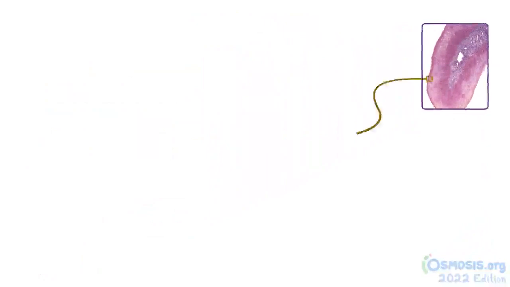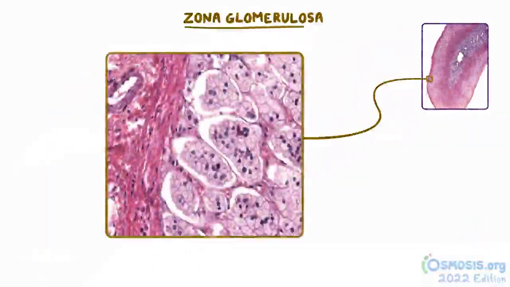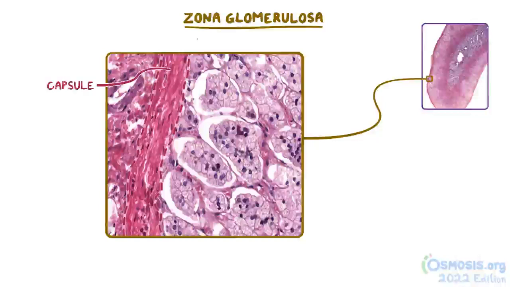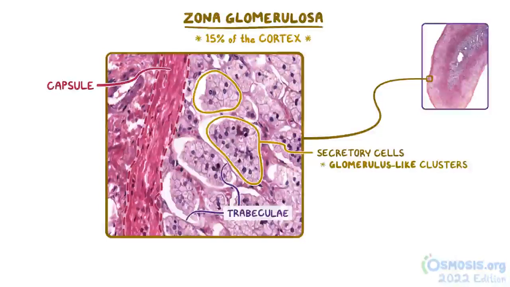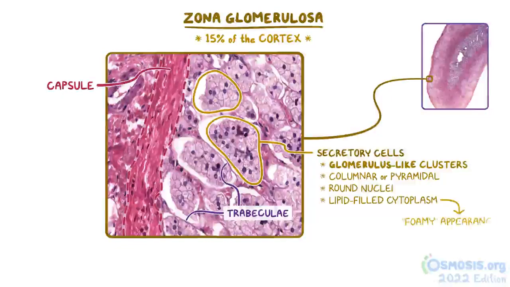Now let's take a closer look at the outermost layer of the adrenal cortex, the zona glomerulosa. This layer is just beneath the capsule and comprises about 15% of the cortex. The secretory cells are arranged in ovoid or glomerulus-like clusters that are separated by fibrous trabeculae that extend from the capsule. The individual cells are either columnar or pyramidal, with round nuclei, and a lipid-filled cytoplasm that gives the cytoplasm its pale, foamy appearance. These are the cells that are responsible for secreting aldosterone into nearby capillaries that can be